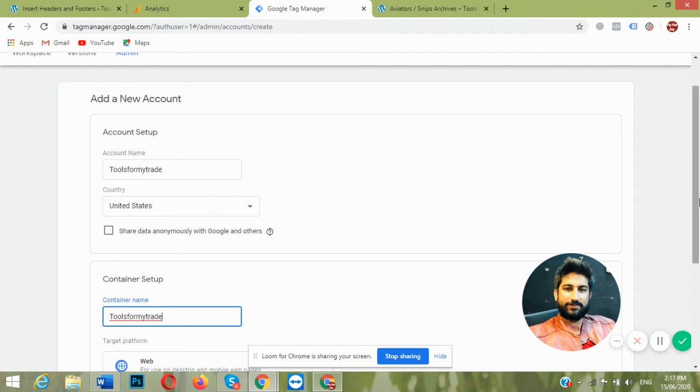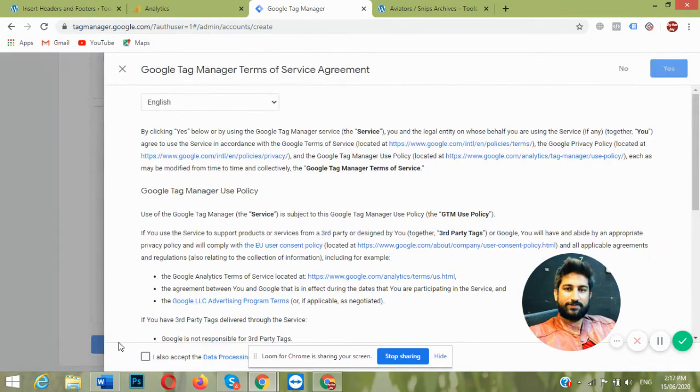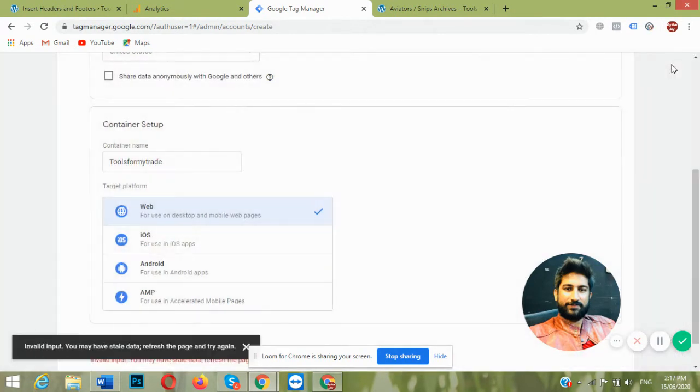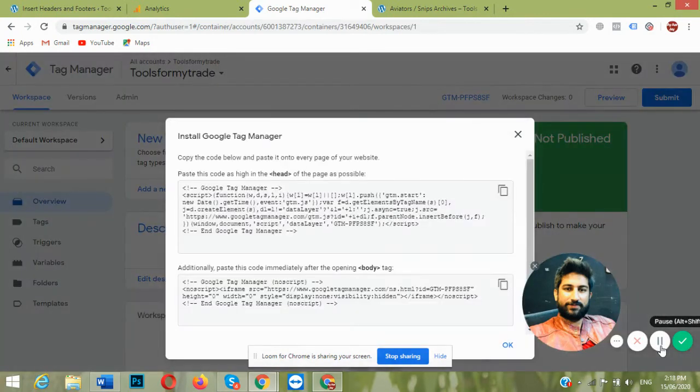You can name the container anything. Since we are installing this code on a website, we need to select web, create, accept the agreements, and just yes. So our Google Tag Manager account is created.